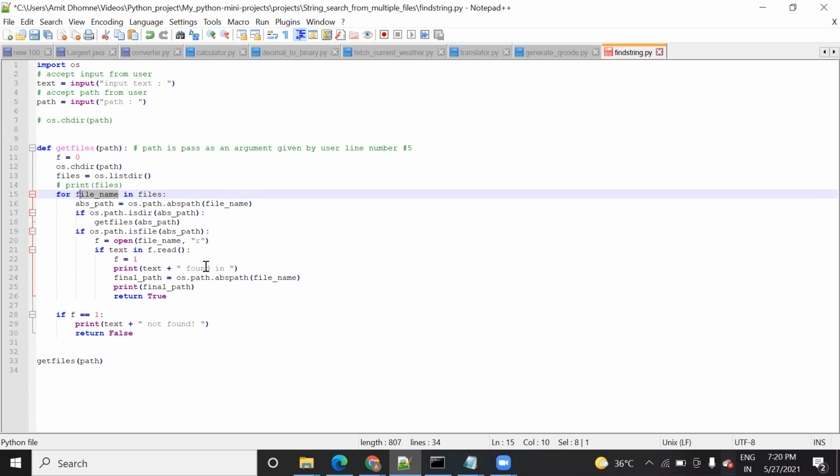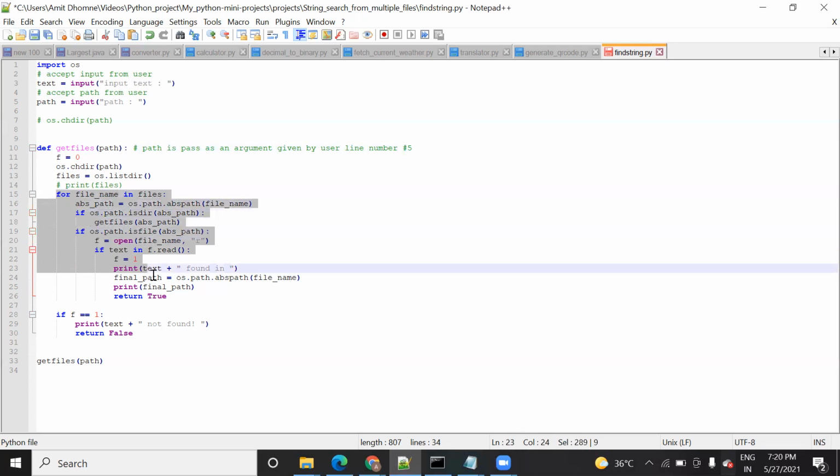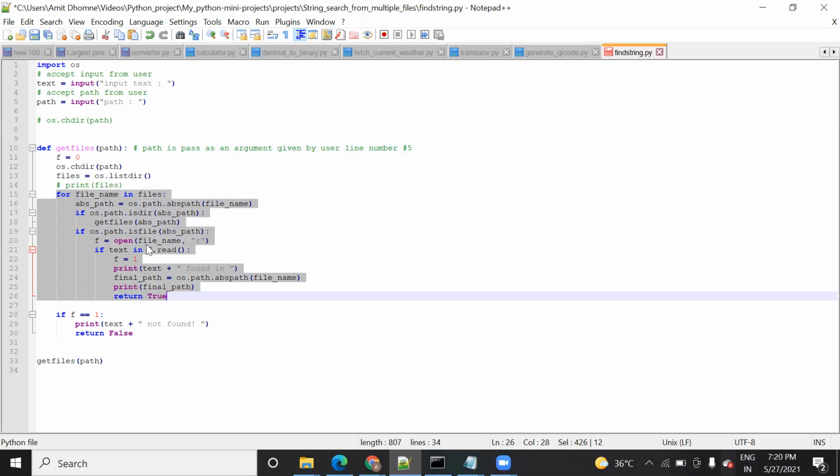I repeat once again how this flow starts. For file name in a file, means from the set of files, you are going to check every file name. If that particular file exists on the path, then it's fine. Okay, if this os.path is the directory's absolute path, means the path that you pass, if it is available on the current path, means suppose here I have